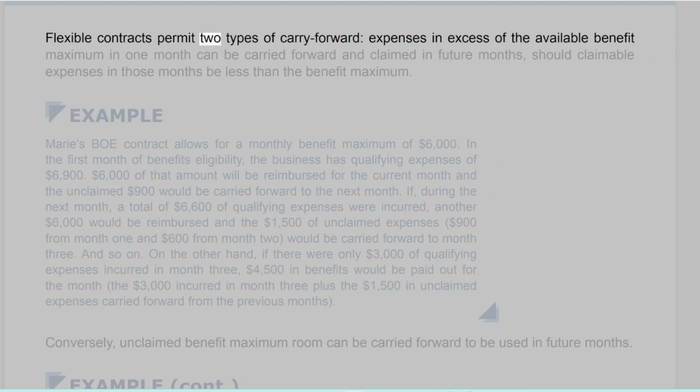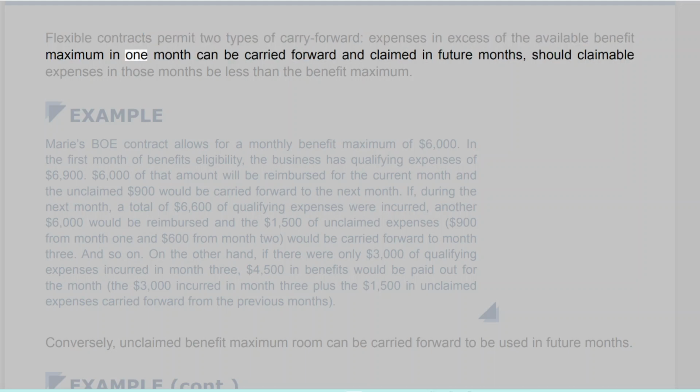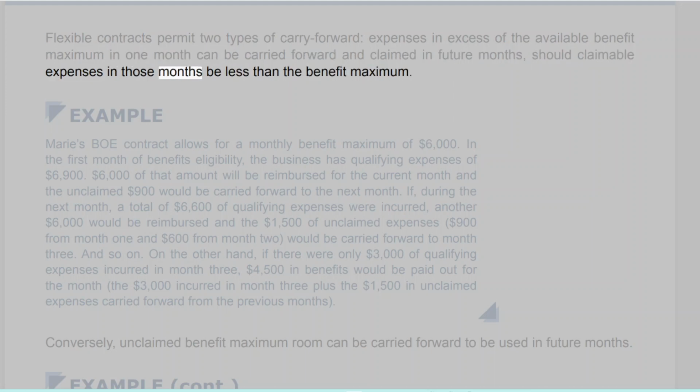Flexible contracts permit two types of carry forward. Expenses in excess of the available benefit maximum in 1 month can be carried forward and claimed in future months, should claimable expenses in those months be less than the benefit maximum. Example: Marie's BOE contract allows for a monthly benefit maximum of $6,000. In the first month of benefits eligibility, the business has qualifying expenses of $6,900. $6,000 of that amount will be reimbursed for the current month, and the unclaimed $900 would be carried forward to